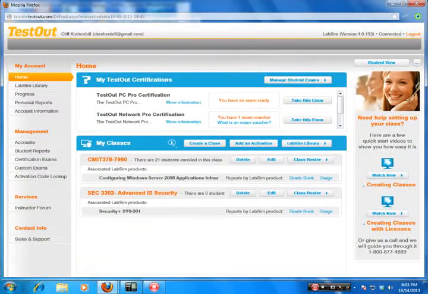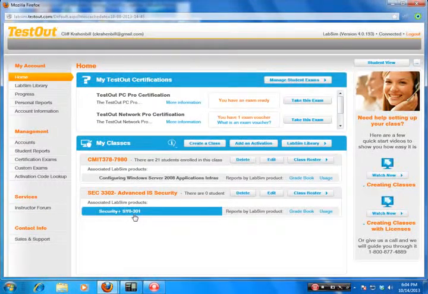In this short presentation, I'll be taking you through the steps of how to generate your LabSim report and then upload it to your Blackboard LabSim assignment. We begin by looking at our current home page and finding the LabSim module that we've been authenticated to have access to. In this case, we'll be using the Security 3302 Advanced IS Security Classroom that has been set up, and we see that we have access to the Security Plus